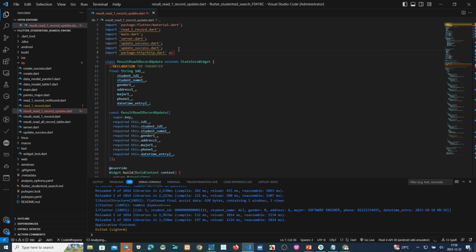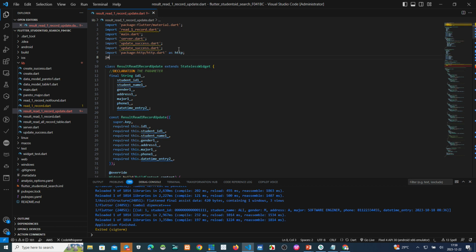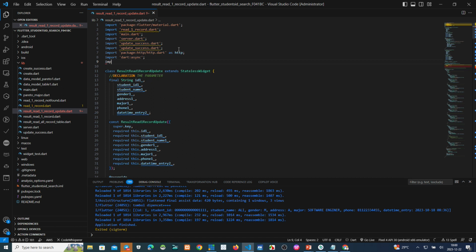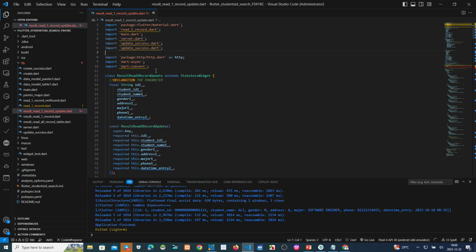After that, you must also import the asynchronous function, this one, and also import convert, this one. You must import 3 files to your project.